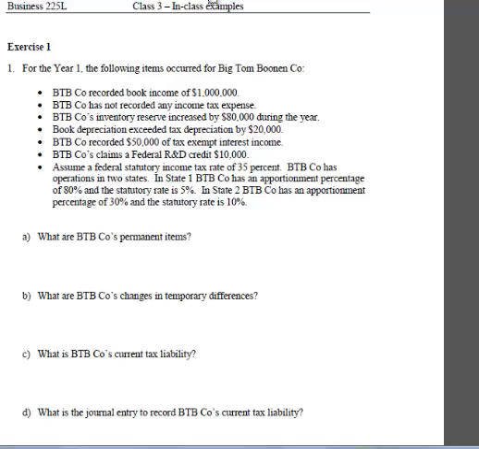Okay, so for those of you who are not familiar with state income tax returns, all you got to think about is that state 1 is going to take 80% of your income and make it taxable in that state at a rate of 5%. And state 2 is going to take 30% of your income and tax it at a rate of 10%. Okay, so when we were talking before about state taxes, I think it was in the last class briefly, I mentioned that if you pay $1 of state tax, you get $1 of federal deduction. Right? So that means if we paid $1 of state tax, we save 35 cents on our federal tax bill. So net, we pay 65 cents in tax